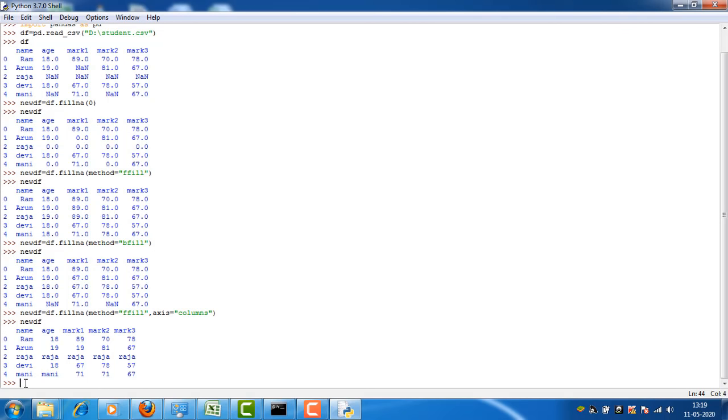Another interesting argument is called limit. Now let's say I want to carry forward the value only once. That means the limit argument is used. Let's see the example. New df is equal to df dot fillna, method is equal to ffill, comma, limit is equal to 1.